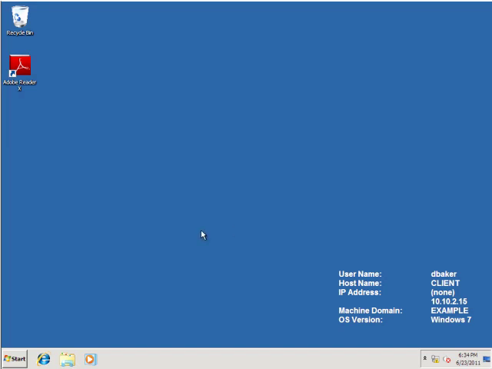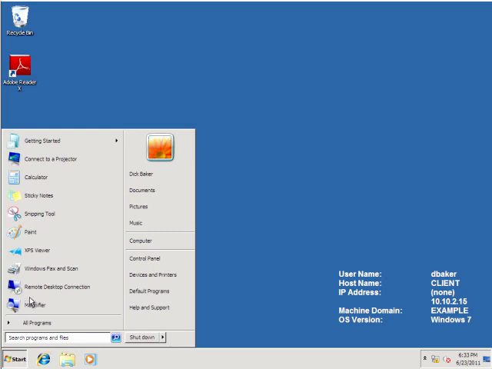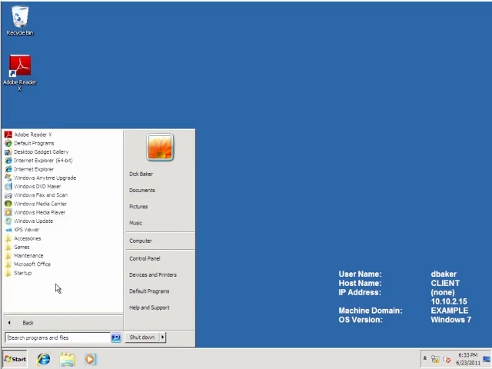Now we're ready to start up Outlook as Dick Baker. So we'll go ahead and click our Start button. We'll select the All Programs option. We'll open up our Microsoft Office program group. And we'll select our Outlook 2010 client